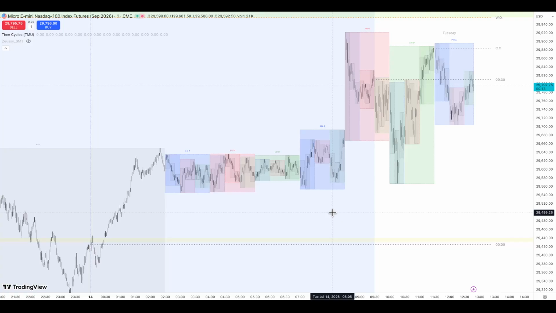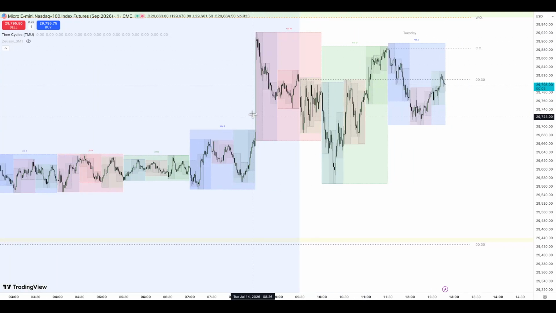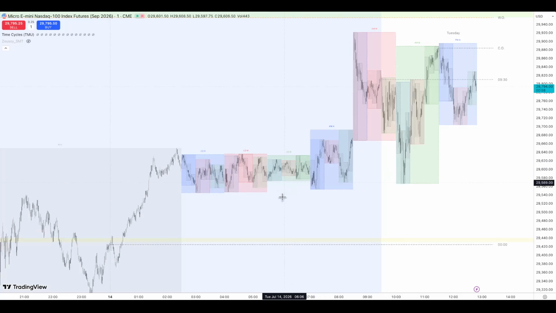Today is a CPI day, and right after the 8:30, which was the CPI news release, price took off. It really displaced so hard to the upside. But prior to that,